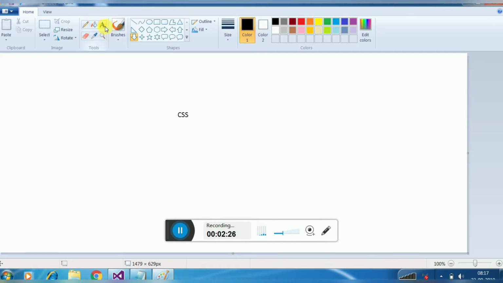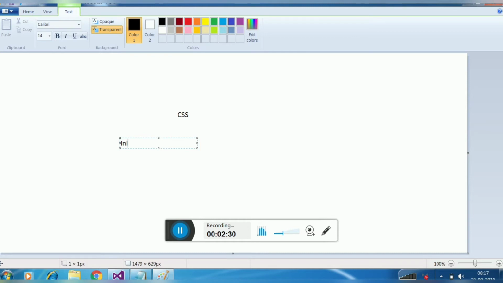The first one is inline CSS. The second one is internal CSS. The third one is external CSS. So what exactly these three are, we are going to discuss now.